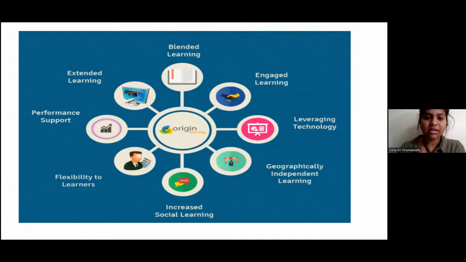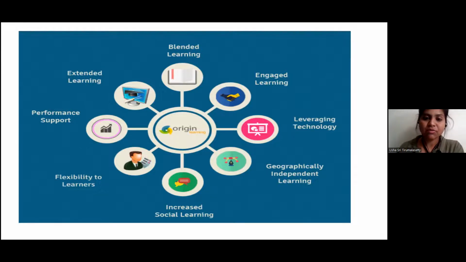Leveraging technology is an important module, used for collaborating people using digital learning with visualization effects and presentation effects, which will enhance the skills of the students. Coming to geographically independent learning, during the COVID era, everybody moved to their hometowns, and the lockdown was longer than expected. So the students have to pick up from where they left off.